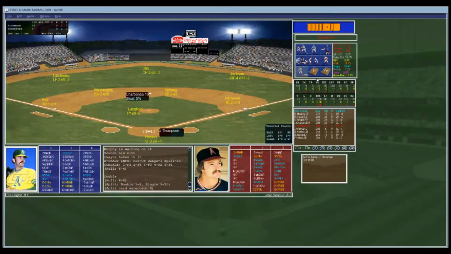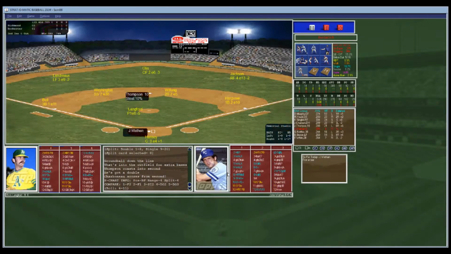Now here's Jason Thompson, a .288 hitter, 21 homers, 90 RBIs. Always a solid first baseman with the Pirates and Angels. Langford from the stretch. Could be a tough outing. Here it is, and the pitch. And that's going to be a fly ball to right field. Who is out there? That's Reggie. Ooh, not a great defense. Reggie's going to let it go over his head. It's down the line. So a double for Thompson. One run scores, and the Red Wings take a 1-0 lead.